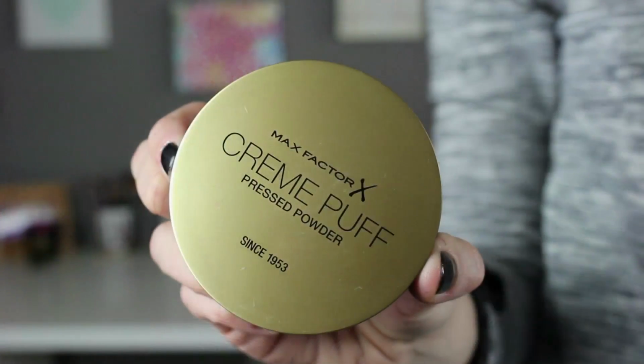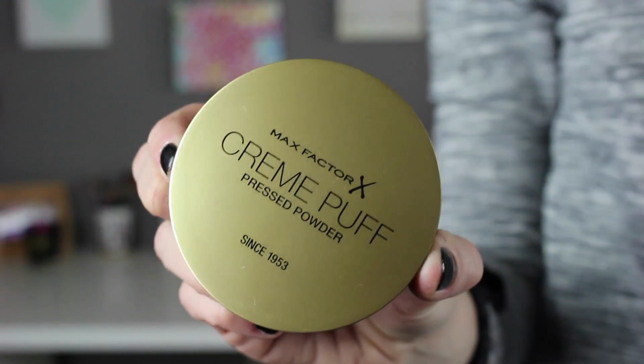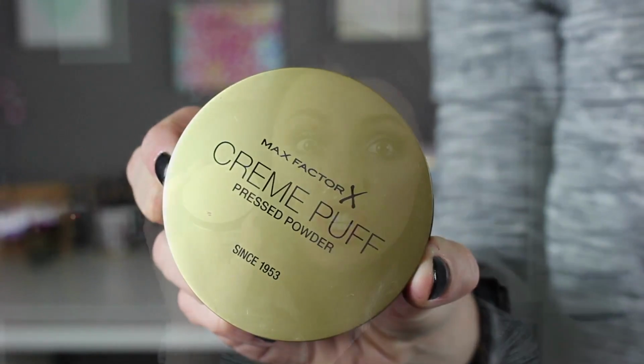So the first thing I got was this Cream Puff Pressed Powder. And I just got translucent. Now what blew my mind is that this shade is translucent. I was like, what? What? But it has this terribly strong